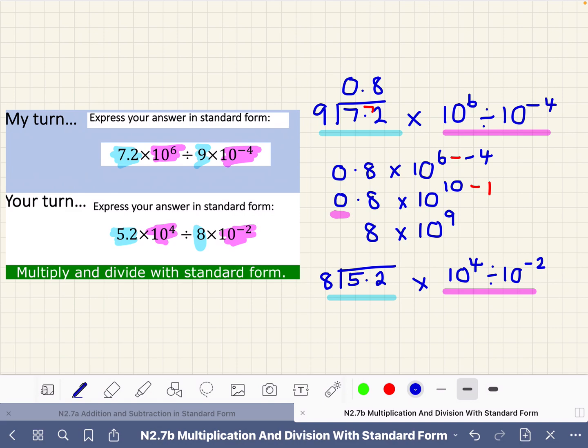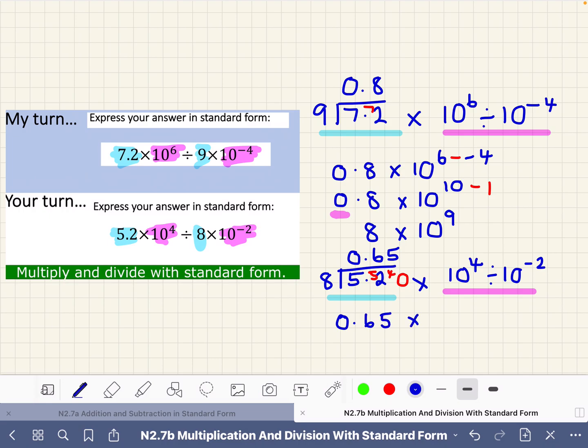We've now completed our division where we have 8 does not go into 5, so it's 0, and we'll carry the 5 over. 8 goes into 52 6 times with 4 left over, and we introduce a 0. 8 goes into 40 5 times, so we have